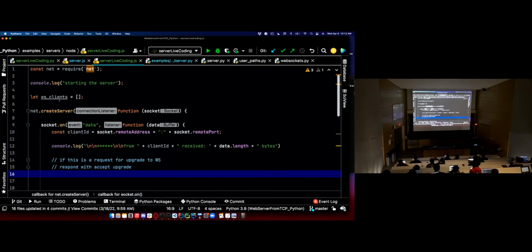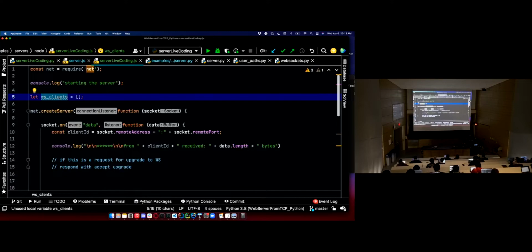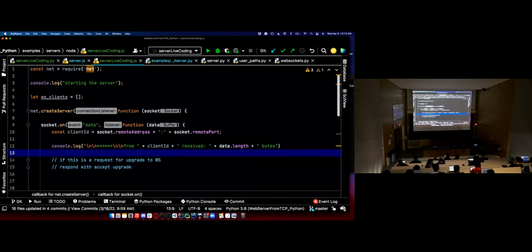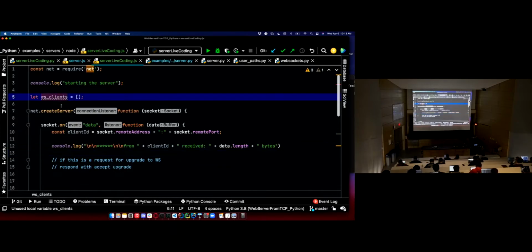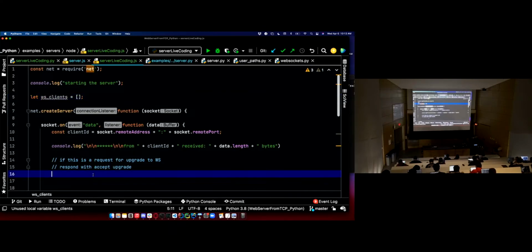so I have my WebSocket clients up here, kind of hanging out in this mysterious land up here. This is going to be a package level variable. We don't have any classes in JavaScript, so we can't really add it to a class. We have what JavaScript calls classes. We could do something like that, but we don't have access to that. You know what? There's just not a good way to do it. So what we're going to do is create a package level variable in the server live coding package. I don't know if that's the right terminology, so don't hold me to that.